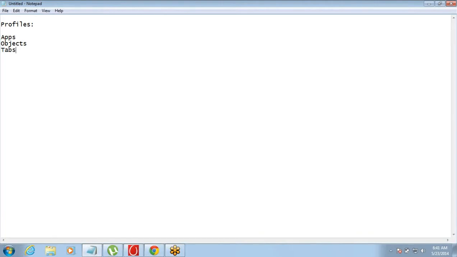Okay. There is one more requirement that a company can have. That requirement is controlling permission to the fields. What is this field permission? Think, for an example, there are certain users, you want them to be able to access a certain object, but one or two fields of that object, you don't want them to see the information in that one field.